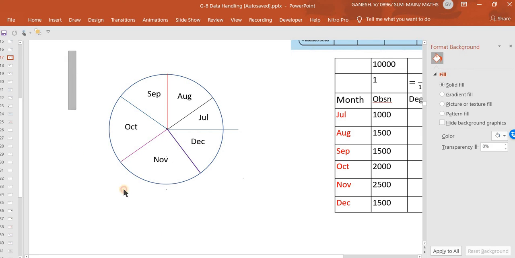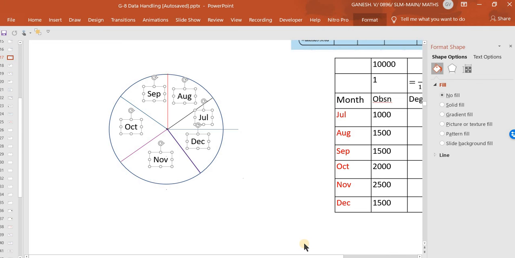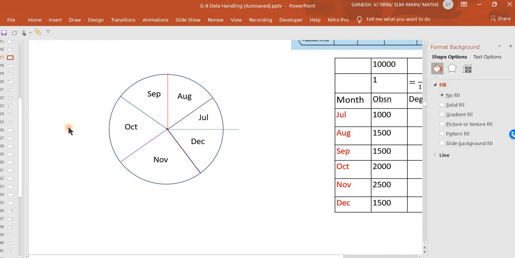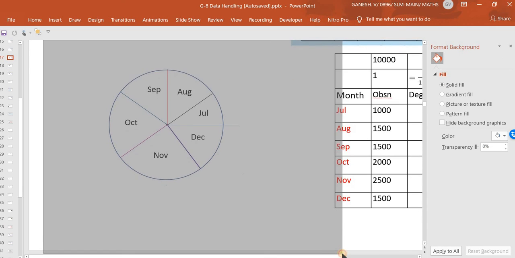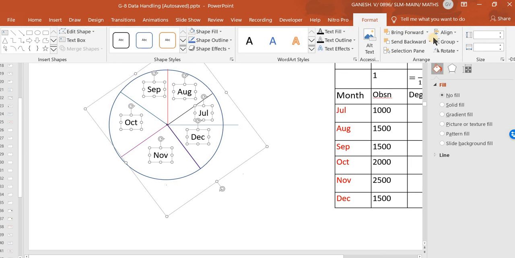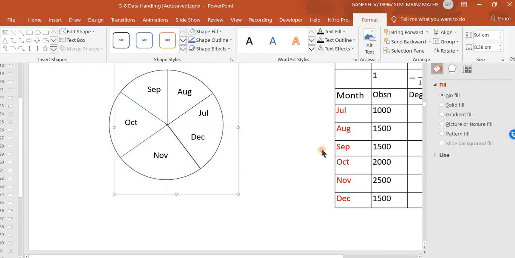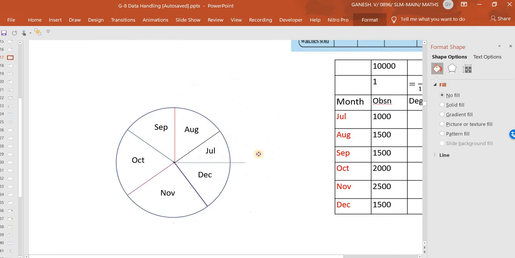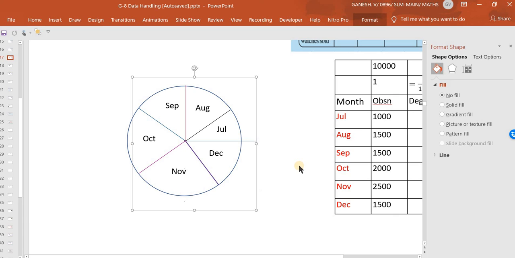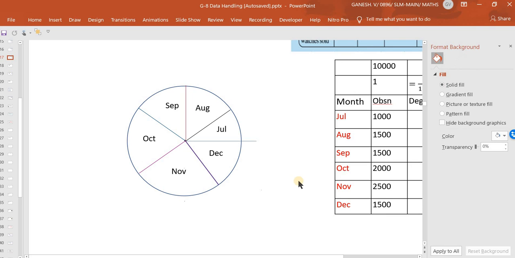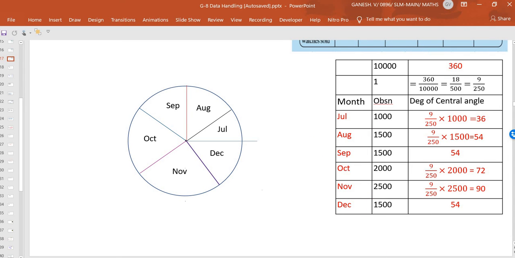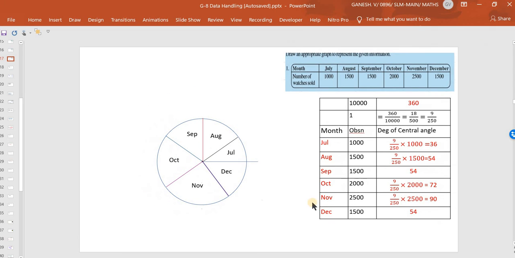Now this should not move, so I will select the entire thing. Okay, the circle is not selected. And let's select the entire thing now. Yeah, circle also selected. I'll group them as one picture. So it is one picture. I can move it anywhere here. It will not change. So this is the way I have drawn the pictograph. The sector angle, the sector area is proportionate to the figures of observations. Okay, this is how I have done it using object tools in PPT.